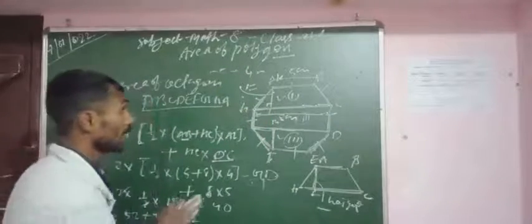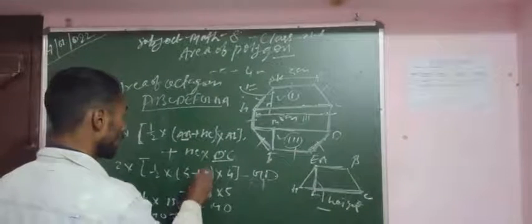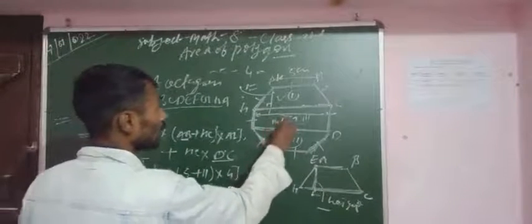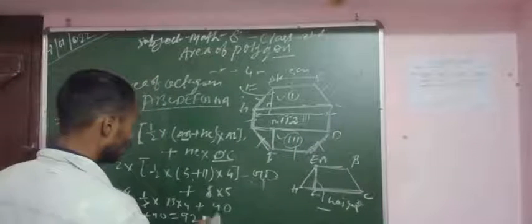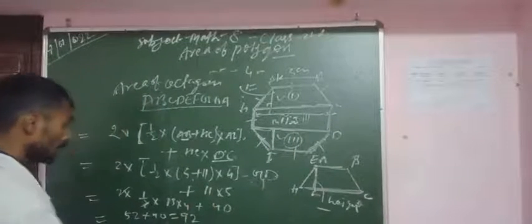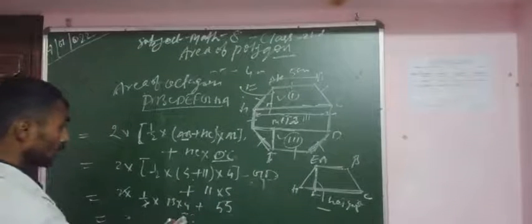Sorry, SC is given 11 centimeter. So finally 11. So now the value is 11 times 5 is 55 and